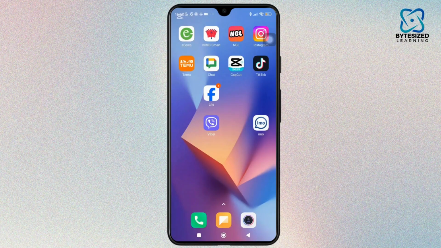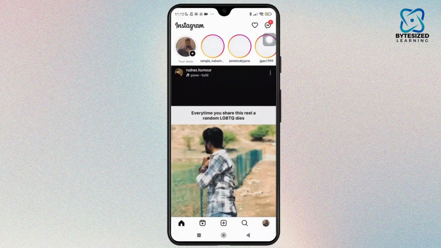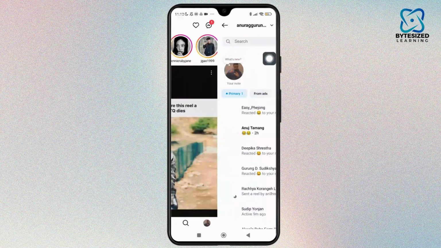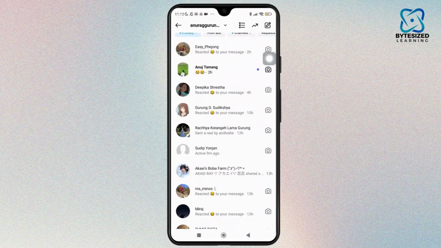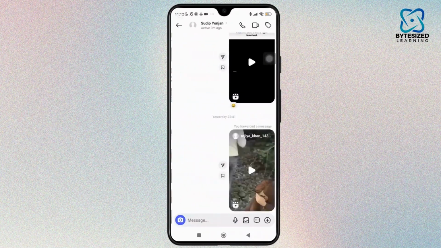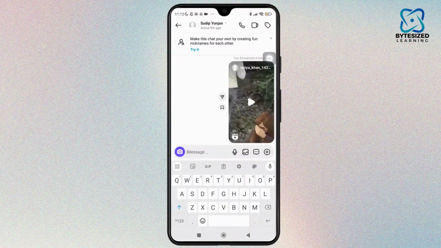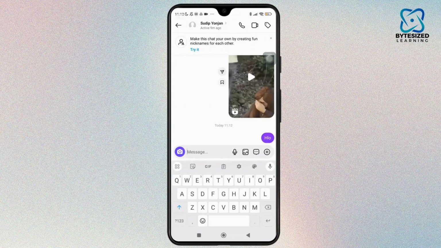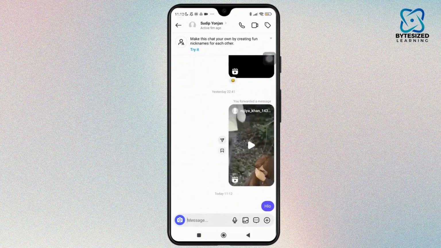So first things first, open the Instagram app on your phone and make sure that you're logged into your account. Once you have opened the app, simply tap on the chat icon shown in the top right corner of the screen. And here you can simply select any chat. And once you are inside the chat, you can scroll through your messages or select the conversation that you want to delete. As here I am sending a message to the individual, and now to delete this message, you simply